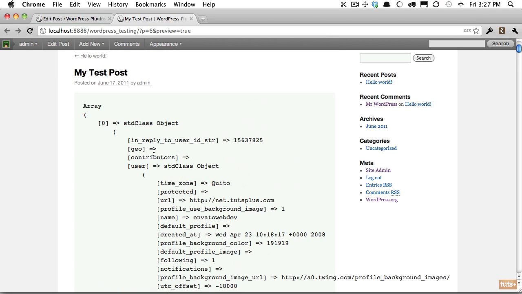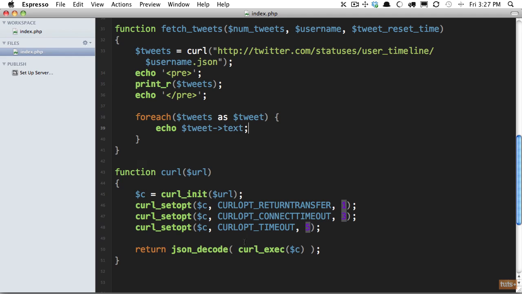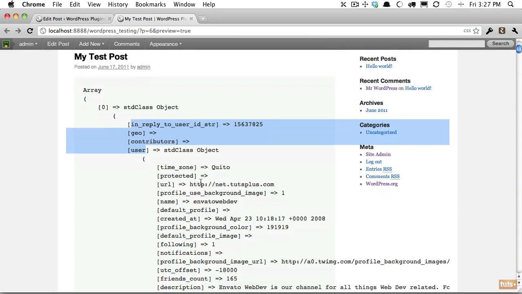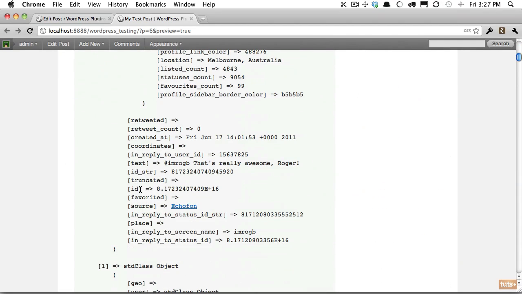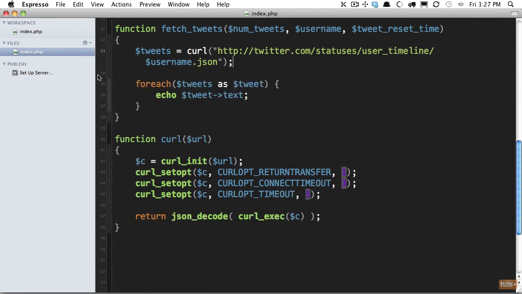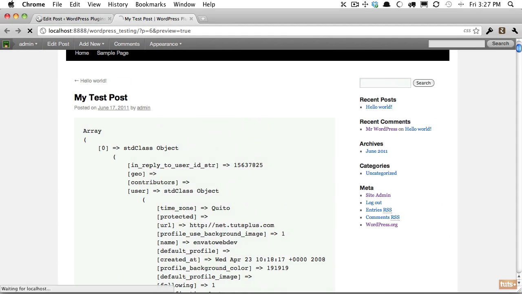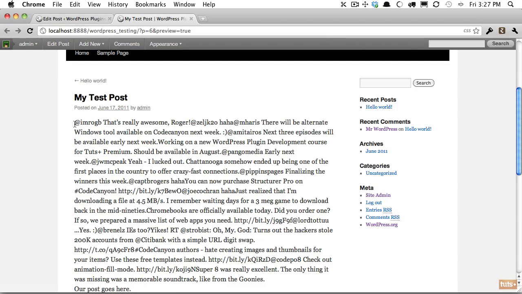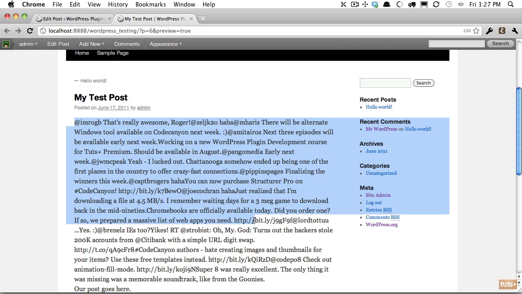Now we can access any of these properties of the object by doing this syntax: object name, arrow, and then the value. So in this case, if we want to grab in reply to user ID, we would simply do that. But let's try this out. So I'm going to remove all of that, and let's see what happens now. Refresh the page, and now can you see that we just have an endless string of all of my recent